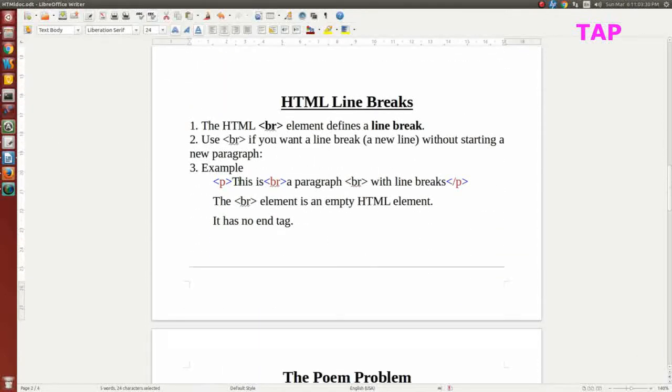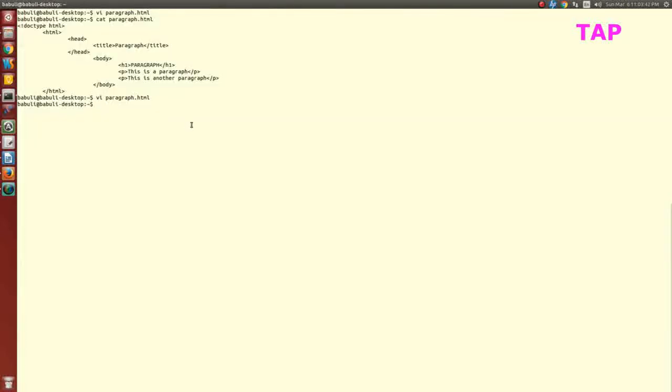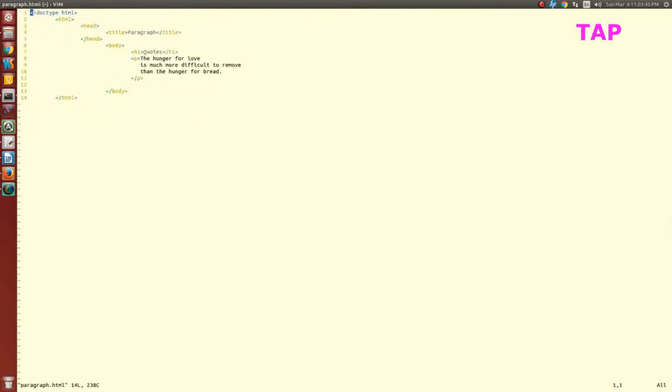So, we can do one thing, we'll take the same example, and only here we'll do the modification. Here I need 3 lines, but I am not getting them. So what I will do is use the BR line break tag here, and I'll see how my output comes, whether it is coming in 3 different lines or still in one line only. Okay, so let's save it and I'll run the program.